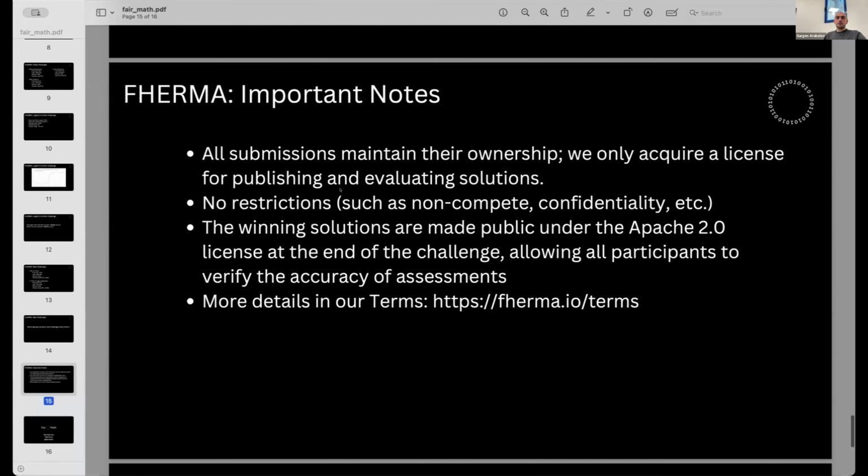More details we published in our terms, and at the same time, again, just to make it more clear, more transparent, we published our terms on GitHub, so everyone can just go to GitHub and follow every change in our terms. Okay, cool. So fully embodying transparency.